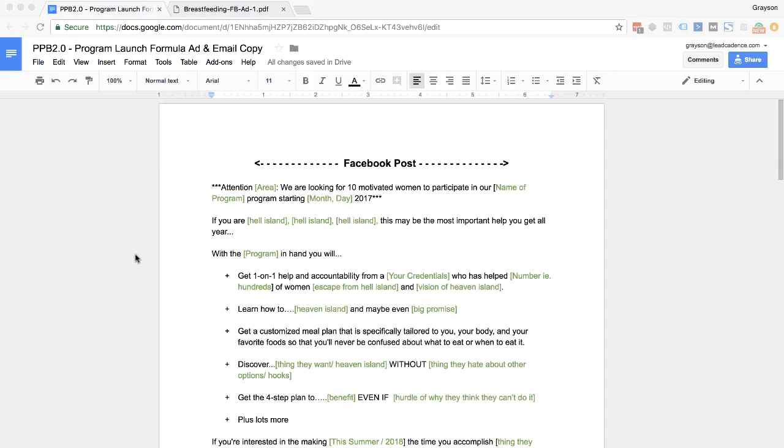Okay, so here's the ad template that we're going to be using to write your program launch Facebook ad. And you're going to have a link to this, so you're going to be able to download this and modify it for your own use. But what we're going to do is walk through how the ad's structured, some of the pieces that you need to be looking out for. And then I'm also going to be showing you a real example of an ad that we used that got a ton of responses